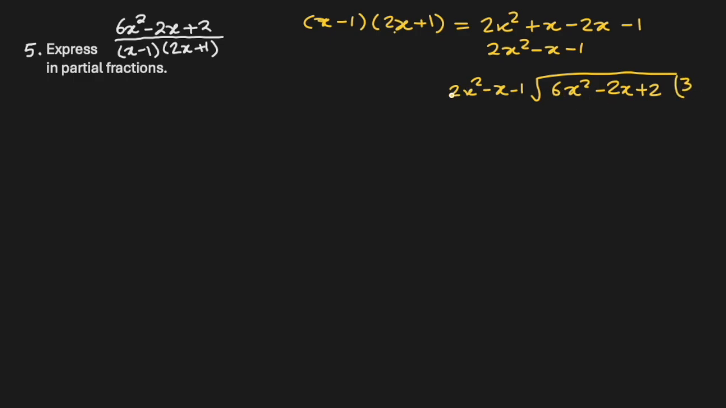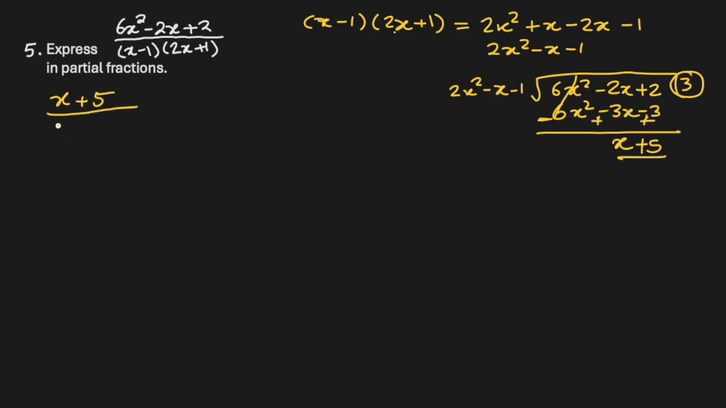So we will need 3 to make 2x square as 6x square, but it will not only multiply with 2x square, it will multiply here also: minus 3x it will give us, and minus 3. Now if we subtract with the signs changed, this becomes minus, this becomes plus, this becomes plus. So this cancels out, and here we get just x, minus 2x plus 3x, and then 2 plus 3 is 5. So now 3 is our quotient which we'll keep aside, and this becomes our new numerator. This is what we have to express in partial fractions, x plus 5